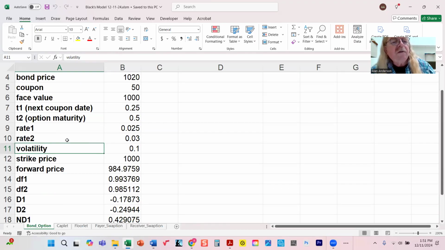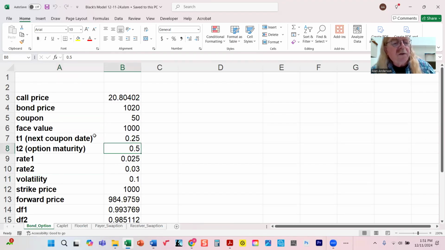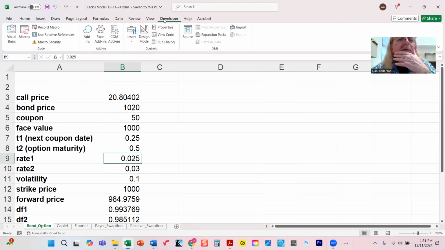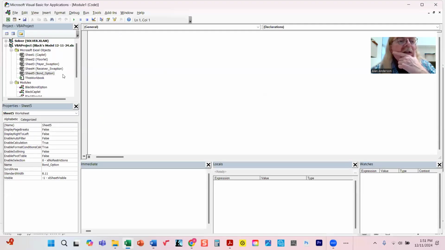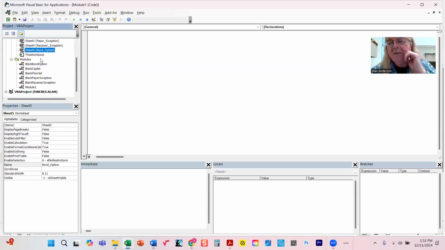So in other words, by the way, all of this information is in the code, although it appears in the spreadsheet. If you go look in the developer tab, you'll see the code listed under modules. This one has quite a few of them. Usually, so far, every time we had a spreadsheet, there was a single program in it. But if there's more than one, they need to be organized. And so over here, you'll see